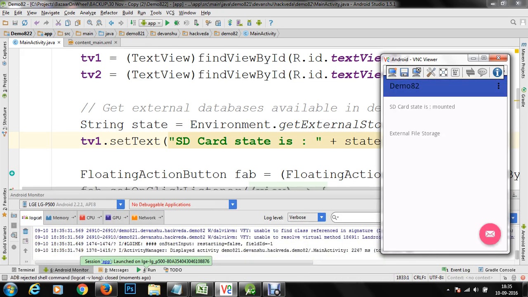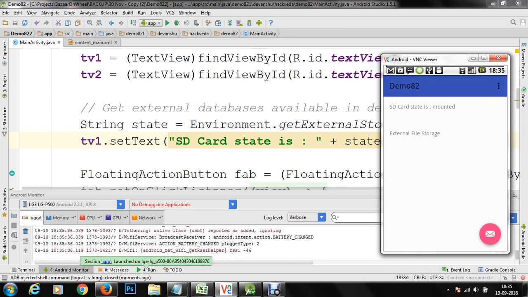So as soon as we run the application, you can see that your SD card state is displayed as mounted. I hope you understand that the SD card is mounted at the moment on your mobile phone. Let's get back to the code and we'll go to the next part. Now from this SD card, we are going to identify the location where you will be storing your data on the external storage medium.